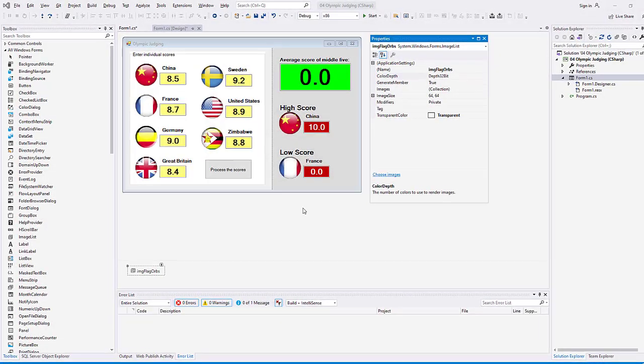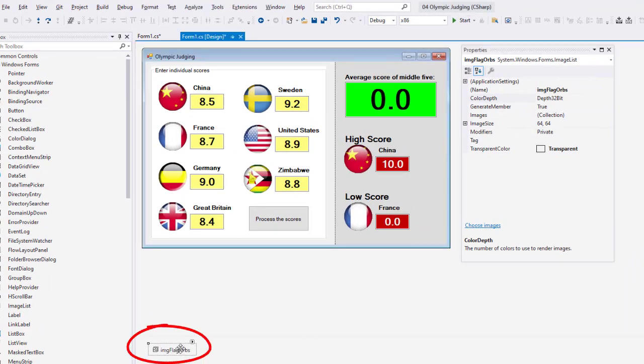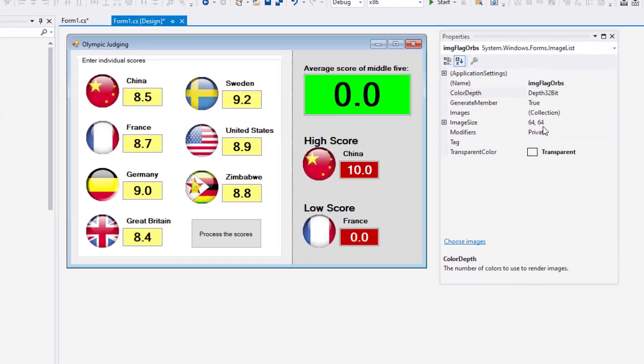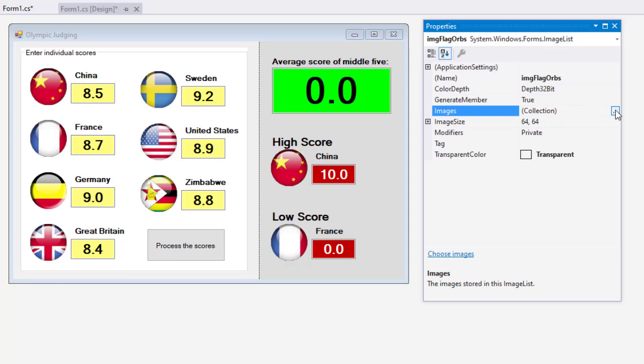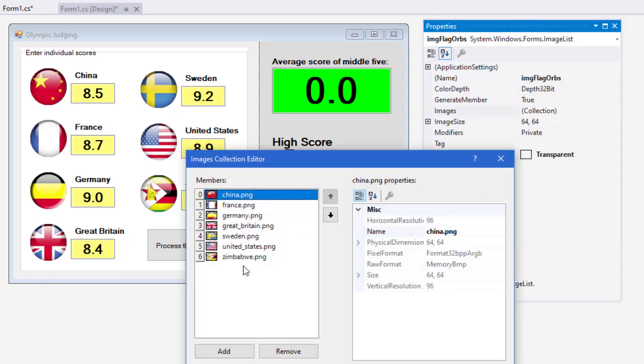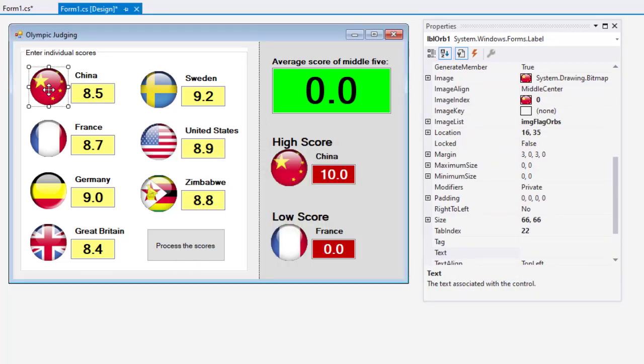My solution to the Olympic judging problem. I have an image list that I added to my project called IMG flag orbs. It is sized at 64 by 64, and I set the color depth to 32-bit since it's got a transparency channel. And then for the collection, I brought in those PNG files, which are the orbs for our project. Then on my form, I have a label called LBL Orb 1, LBL Orb 2, LBL Orb 3,